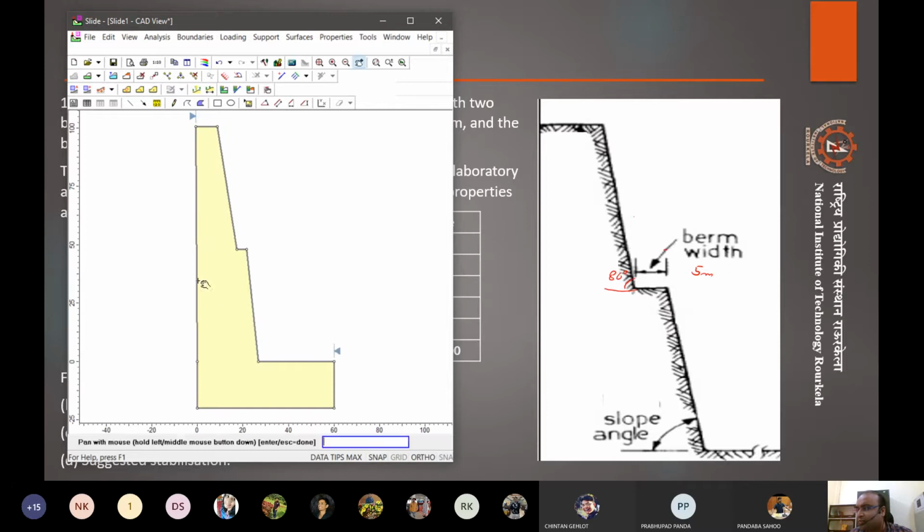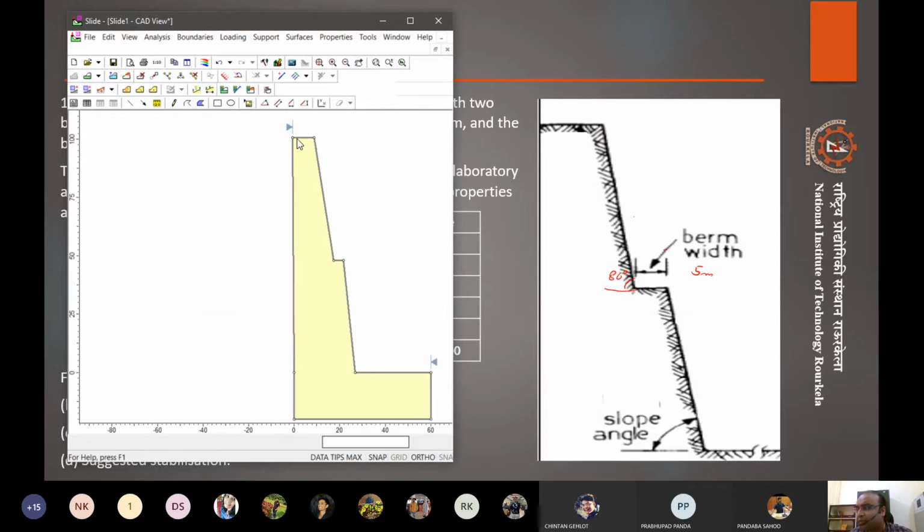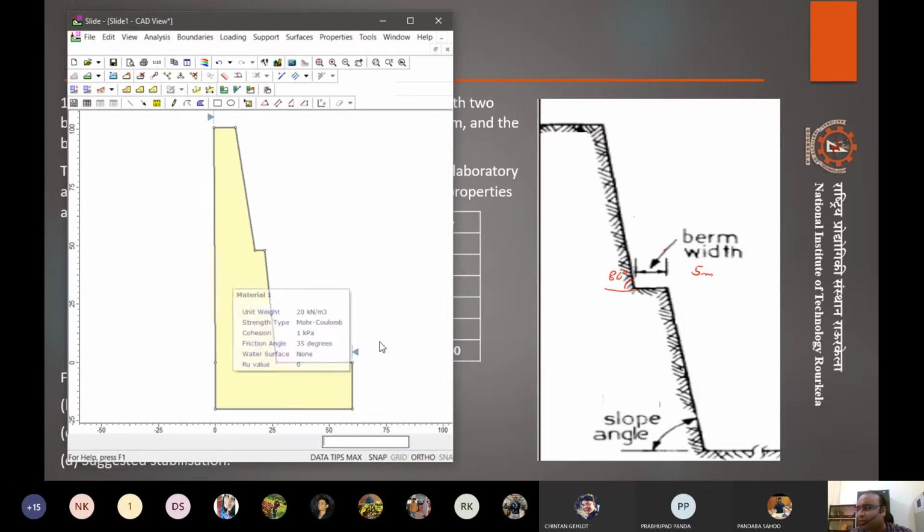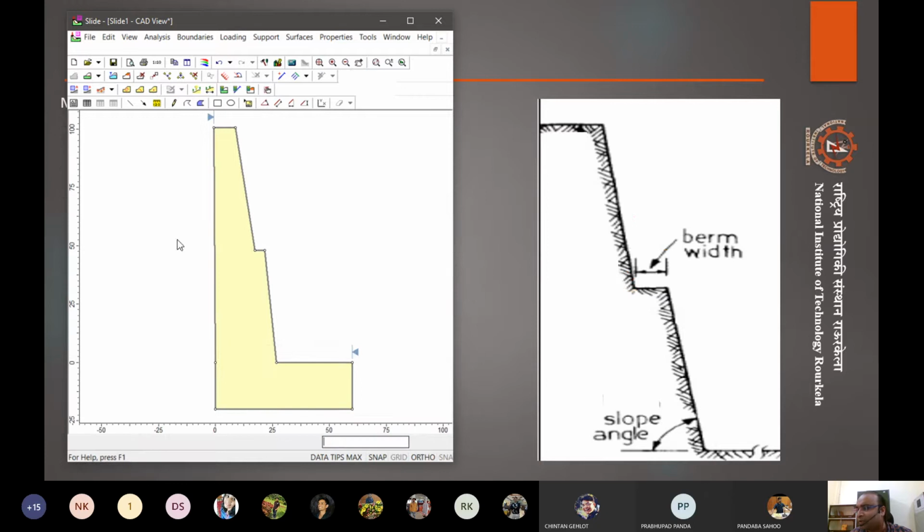Right. So something like that, but we will improve this model later on. For now, we have just tried to have a quite similar but not exact geometry here.